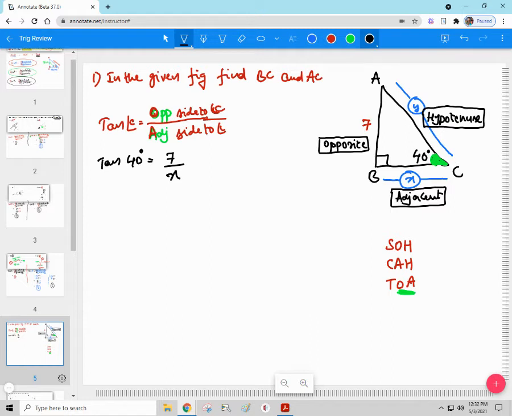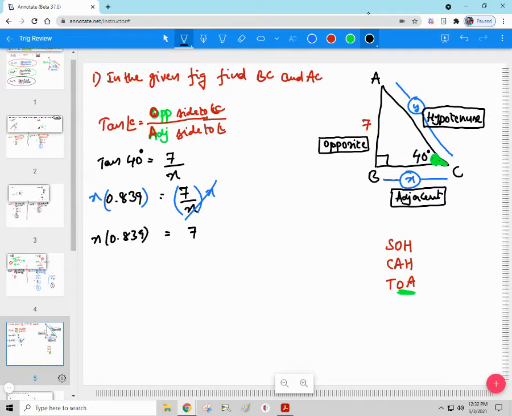Now, make use of your calculator. Here I am using my TI-84 calculator. What is tan 40? I see that it is 0.839. So 0.839 equals 7 over X. You know that we go for cross multiplication, or else I would say multiply by X on both sides. Therefore, I get that 7 equals X times